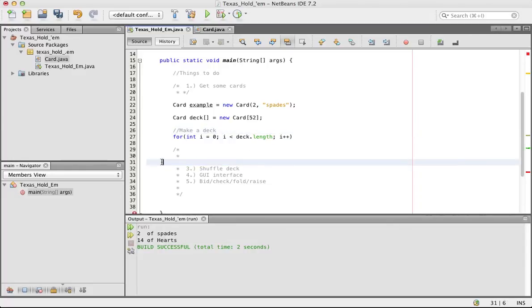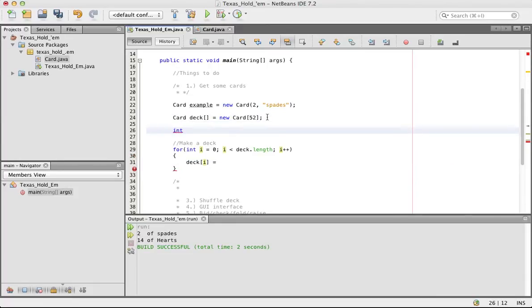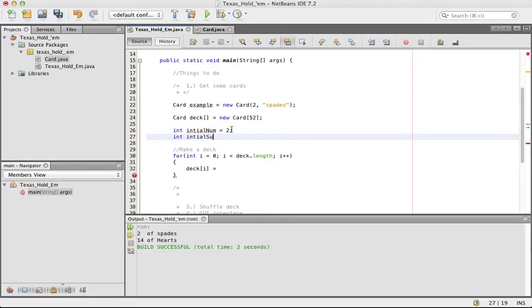So we can get rid of this because we just moved it up here. Again, braces, and we are going to start off and say, hey, the deck position at i is going to be equal to a number and a suit. So what we are actually going to do is create two dummy variables called initial num and initial suit. Initial num is going to equal 2, and we'll just start off with our initial suit being not an int, it's a string, but we'll just start